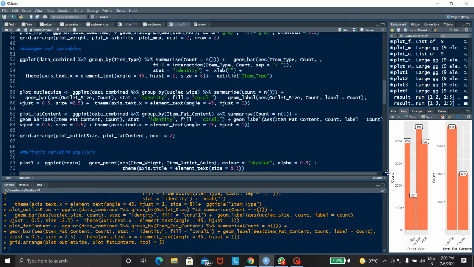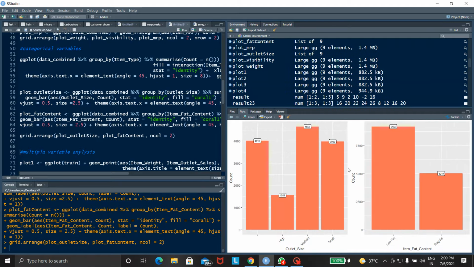After that the output is given below: the outlet size and item fat content. Here the outlet size counts are 4016, 1553, 4655, 3980, and the item fat content counts are 9185 and 5019. There are three sizes: high, medium, small. And in item fat content there are two types: low fat and regular fat.